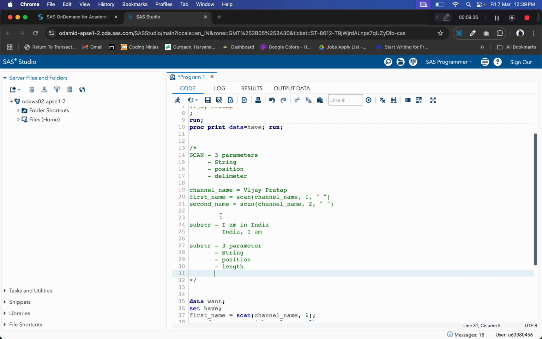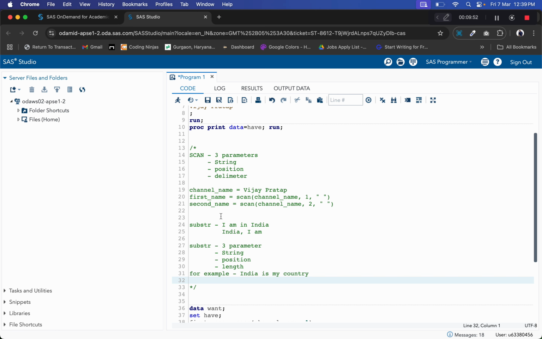For example, I have a string, "India is my country", and from this entire string I want to fetch India. So I will write something like substring, and inside this, let's consider this entire string, maybe we can call it string 1.